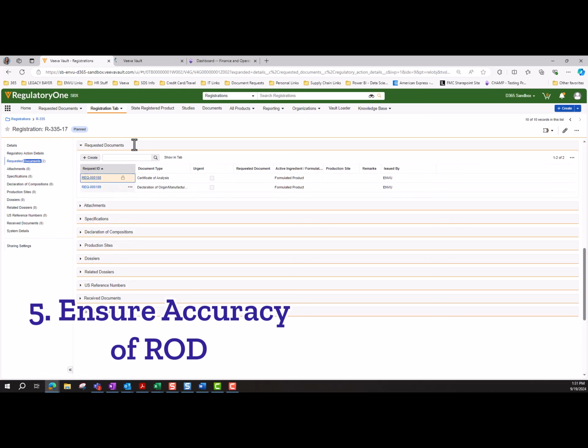So I know I'm going to need a production site here. I'm going to select that. And I'd like to make my remarks, letting the documentation team know that this, and then hit save. In the future, we also plan to have you as a reg manager take action and